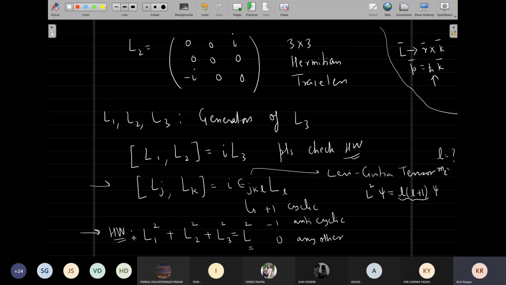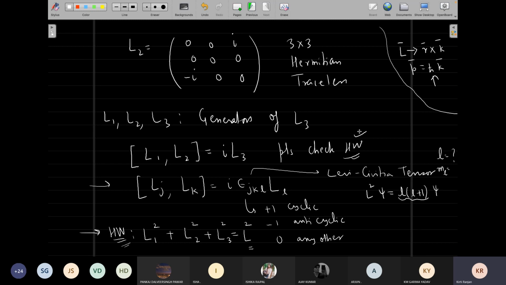So do these homeworks which I have given you, and you will figure out that the SO3 Lie formalism allows you to find these three generators L1, L2, and L3, or Lx, Ly, Lz in position representation quite naturally. There is nothing big deal. I didn't actually try to invoke any physics here, to be honest. I just invoked my group theory knowledge, and I got the results which are basically representing all the physics phenomena